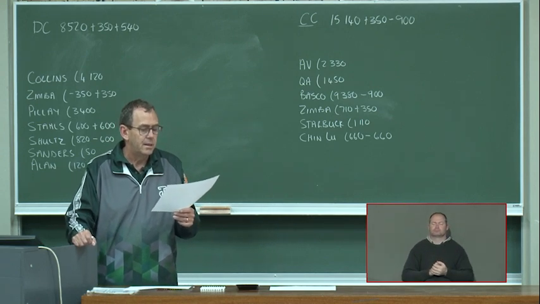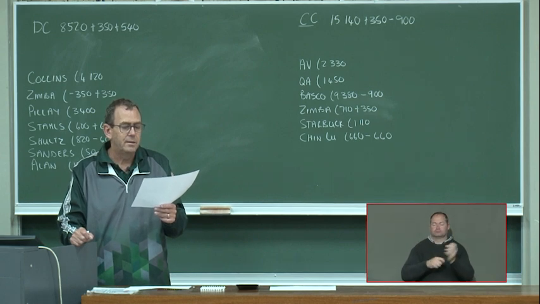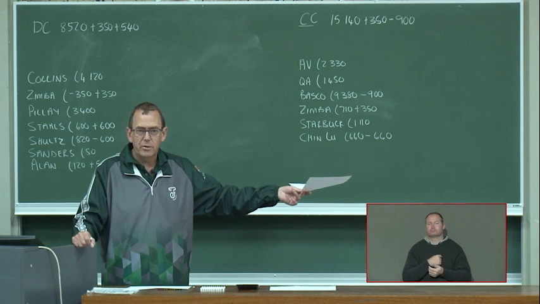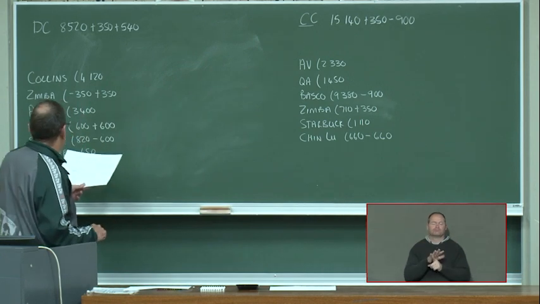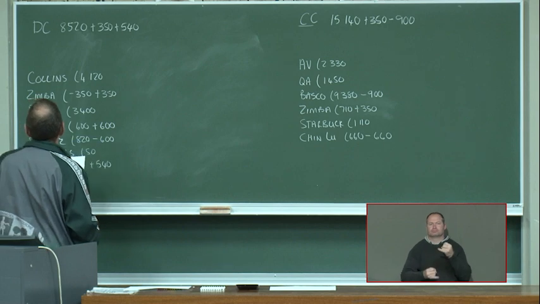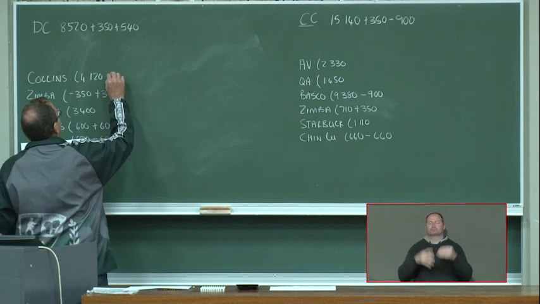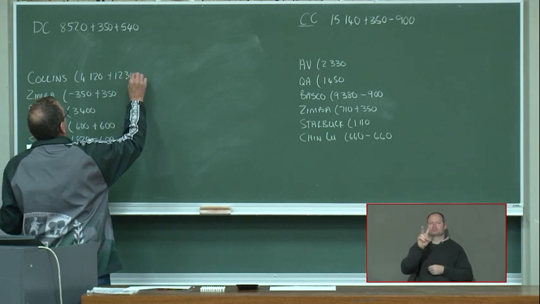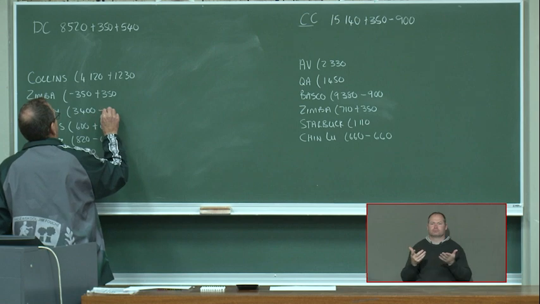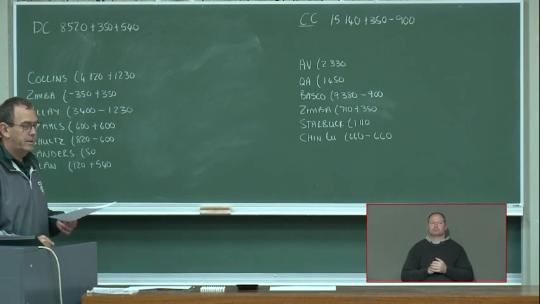Number 6, stock sold to Collins was incorrectly posted to the account of Pillay. So again, A we posted to B, so it's no influence on our control. It's only on the debtors ledger. So we sold to Collins. So Collins, we have to add 1,230, and we recorded it in Pillay's account. So in Pillay, we have to subtract the 1,230 Rand.